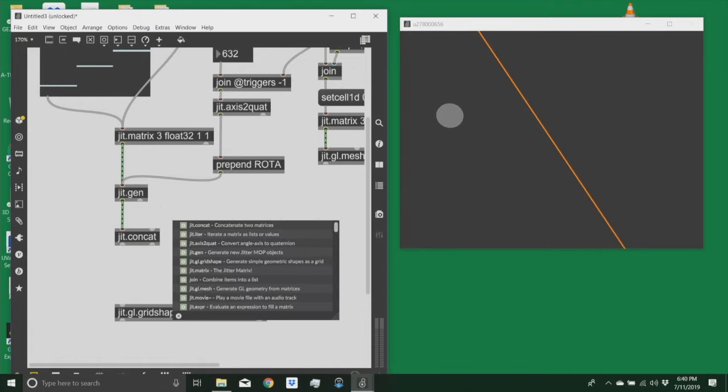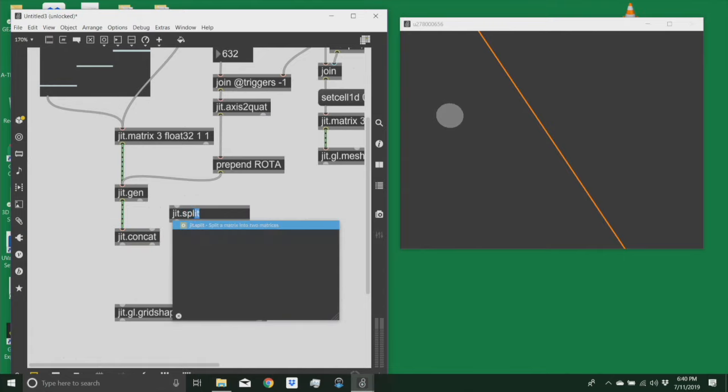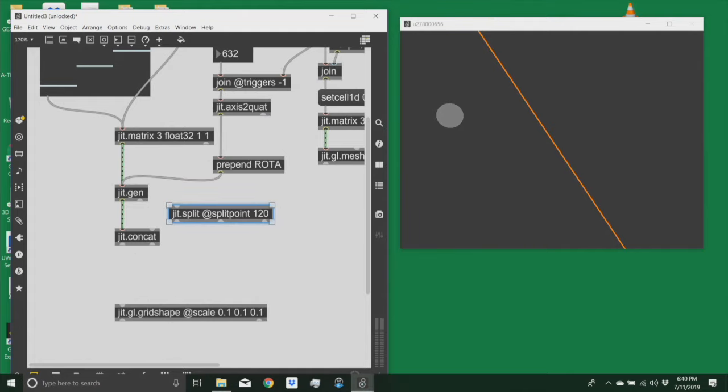Or I can do, this is what I found on the forum, something a little more elegant, use the JIT split, and the split point will tell me how long the trail is in terms of how many objects there are. So we can be generous here, since that's all we're doing. So we're going to have 121 objects, because I'm going to concatenate the 220 with the current position, and this will be the last